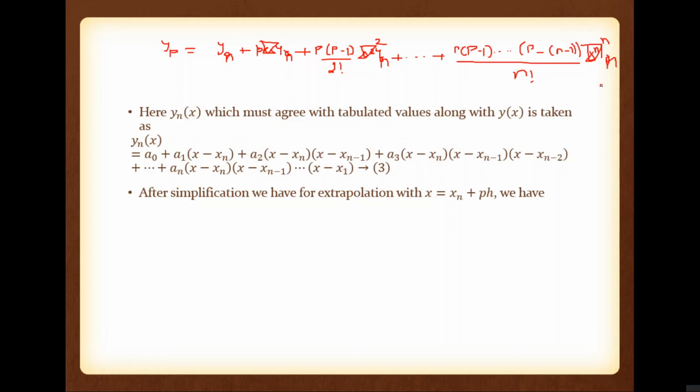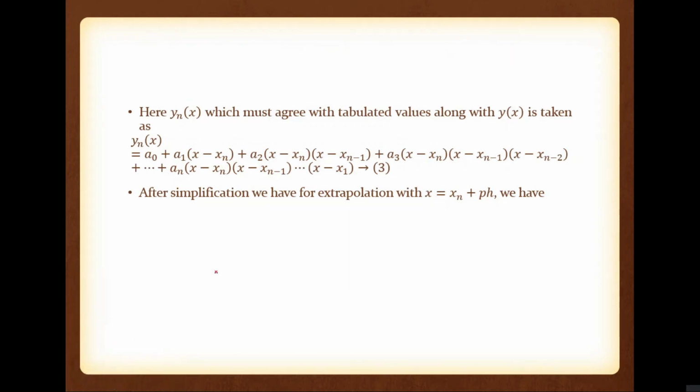One more replacement we require, and I am not going to derive that. Instead of p into p minus 1, here we have p into p plus 1. The next one is p into p plus 1 into p plus 2, etc. The last one is p into p plus 1 into p plus 2 into etc. into p plus n minus 1, divided by n factorial into del raised to n yn. Associated with that p, instead of the minus sign, we have the plus sign.